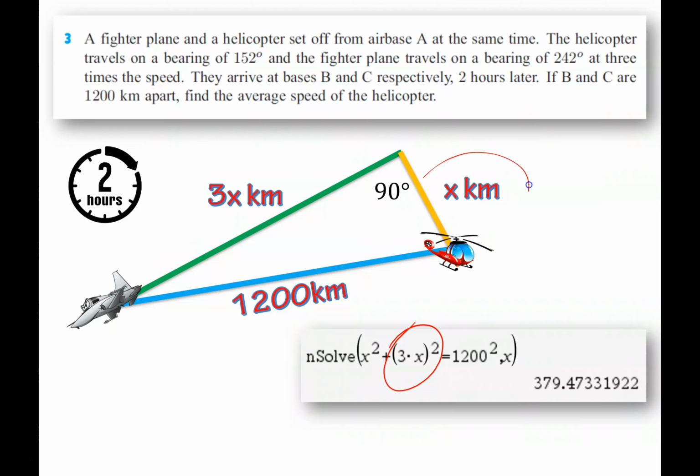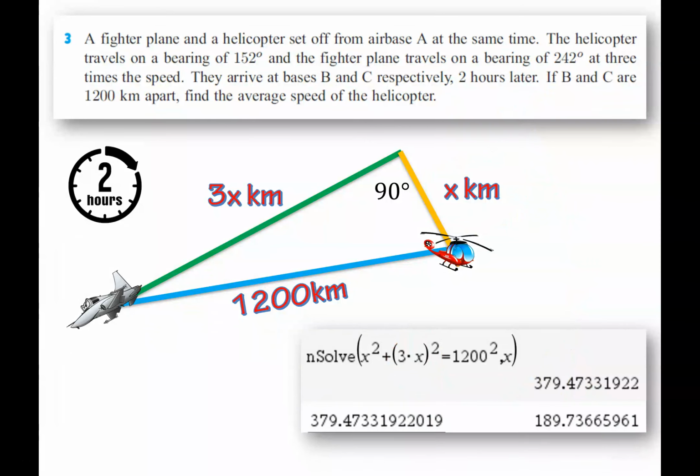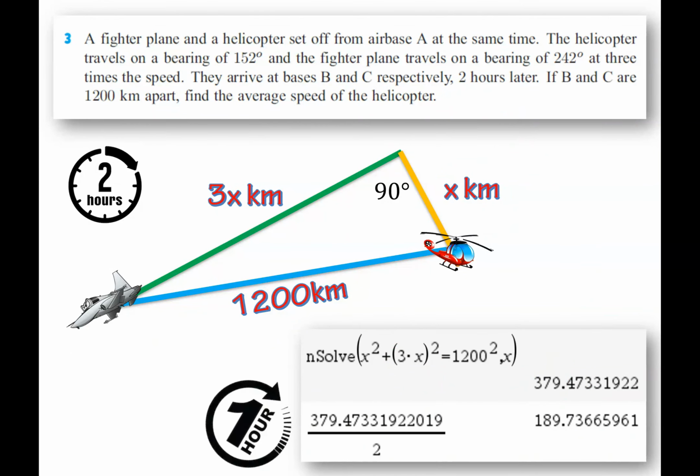Now remember, that's this number here, and that's how far the helicopter was able to travel in 2 hours. But that doesn't mean how fast it was going. If it travels 379 kilometers in 2 hours, then its speed is half that, which is 190 if you round off to 3 significant figures. Okay, you can always